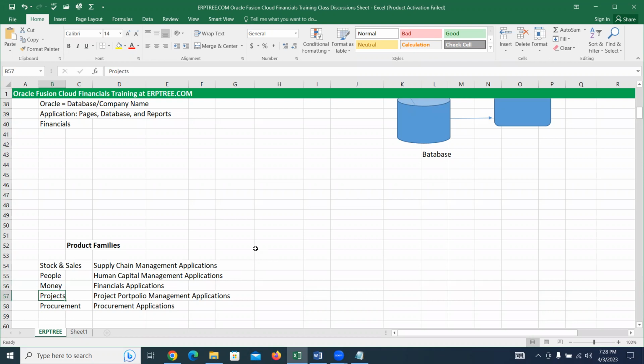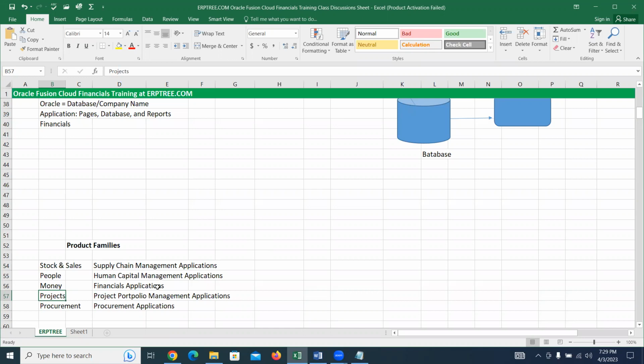And projects. If your company is into project driven activities, say your company always does some construction or infrastructure projects, some other kind of project related activities, to manage all the projects, what projects you are doing, what activities you are doing, what resources are working for those projects, how much budget you have, what is the progress of the project, how much you are spending, how much you are earning. If you want to track each and everything at a more detailed level, you may use the applications called project portfolio management applications. This is all just an introduction. You don't need to learn all this.